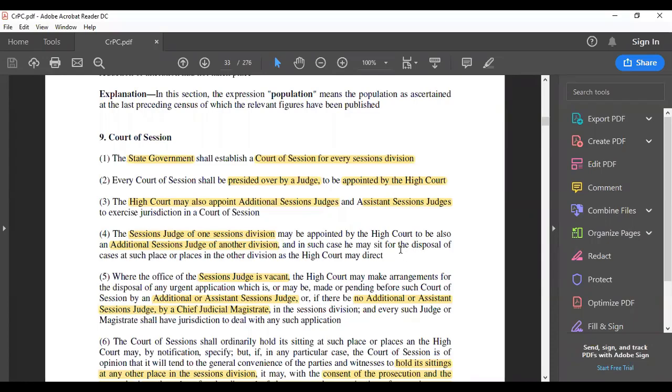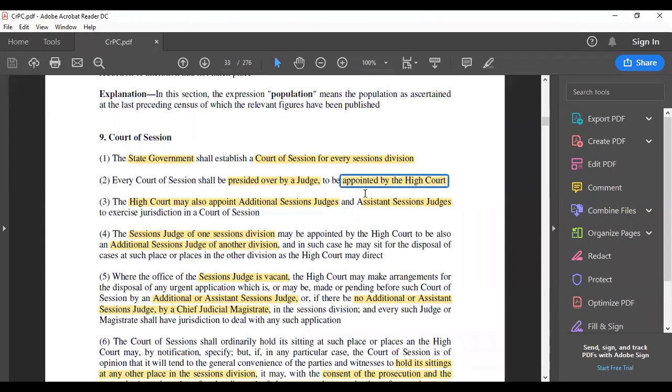Section 9 of CrPC discusses Court of Session. Its establishment is under Section 9(1), that is established by state government. Section 1 says state government shall establish a court of session for every session division. Now, this is presided over by a judge which is appointed by the High Court. So there we see a straight separation of power. The provisions given in the CrPC itself, that establishment of the court is by state government, whereas appointment is by